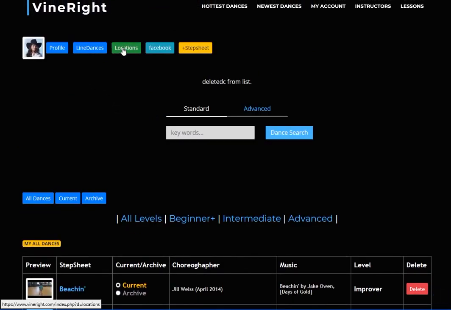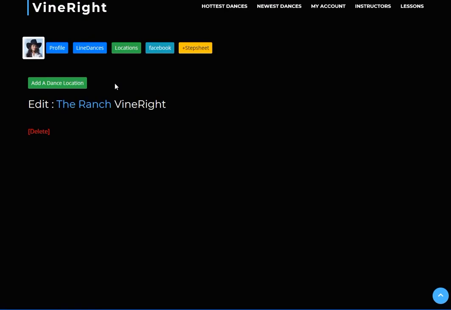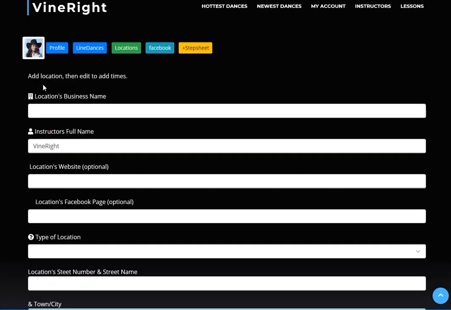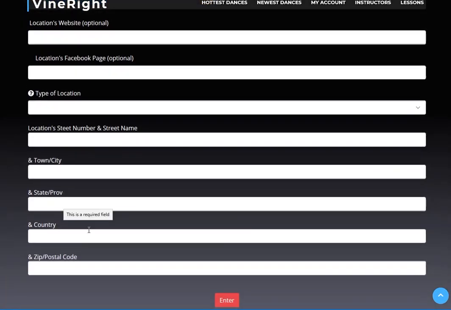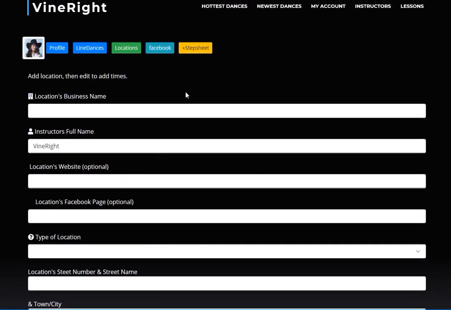Next tab over is locations. This would be locations that I teach at on a regular basis. If I wanted to add a new one, I would click this green button, put in the business details, name, I'm the instructor, the rest of the business details, an accurate address, including a full name, state or province, and then submit it. Once this is submitted, our office will see that and add a GPS point, which will